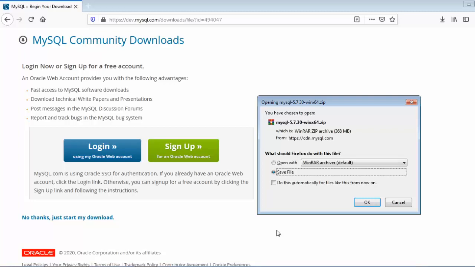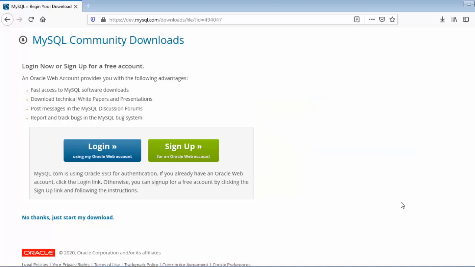So just download this 368 MB file. I am not downloading this particular file because I already have this software on my system, so it is of no use for me. For demonstration purposes, I have just shown you what to do.